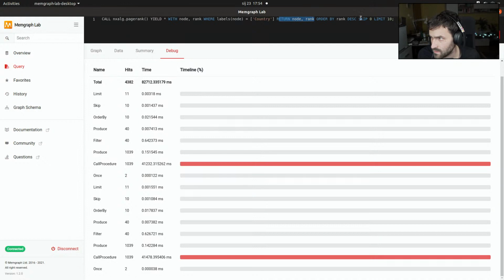Then limit is applied, I think, a bit before, but anyway, first order by has to be called, because you have to sort all 40 results and then take 10 of them. That operator is already doing that, and then it just returns